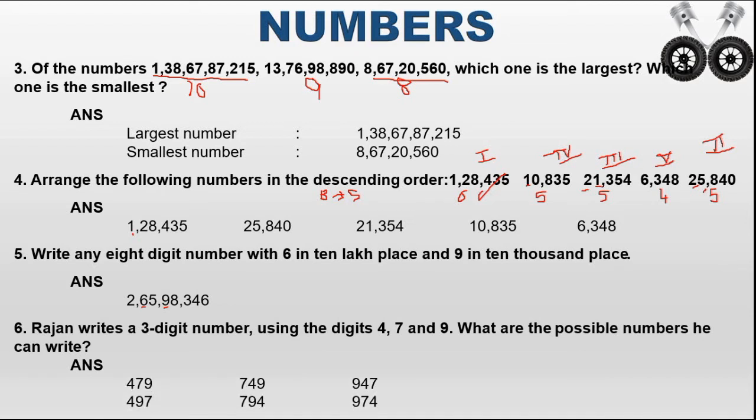So very first I am taking 4 as the first position. Second I write 7 and 9. Again, I am keeping 4 as the first position. Now interchanging the values 7 and 9, I can write it as 9, 7. So the first number I can frame is 479 and the second number I framed is 497.